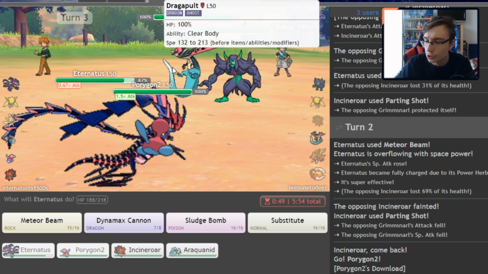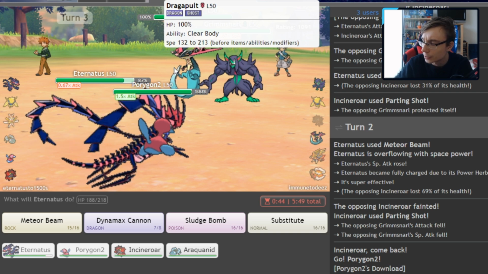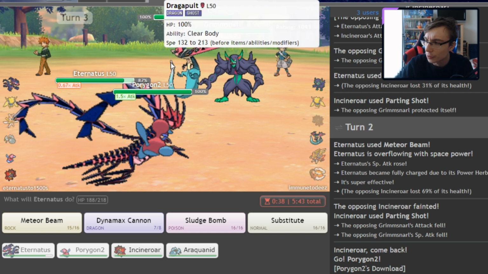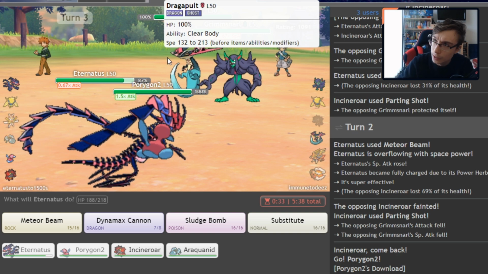And really, the payoff for Assault Vest is not that huge. I don't think there is any real payoff for it. You already take all these. You do not take Water Spout, and Max Quake you can take with good investment from Venusaur. So why would you run Assault Vest? To counteract the